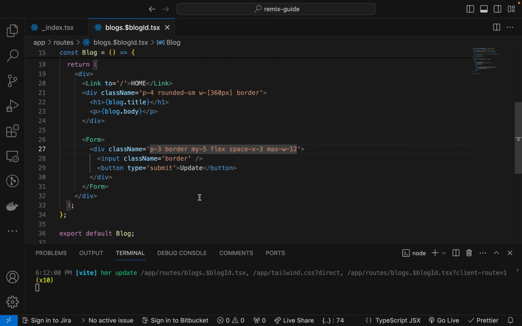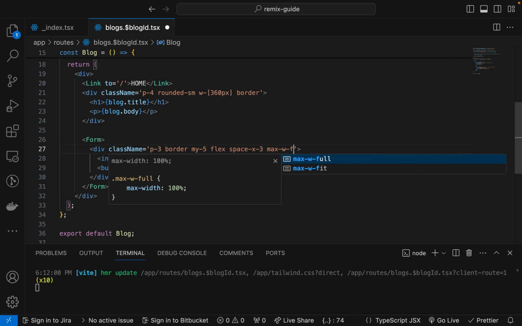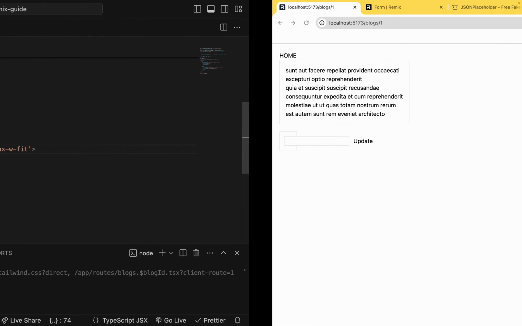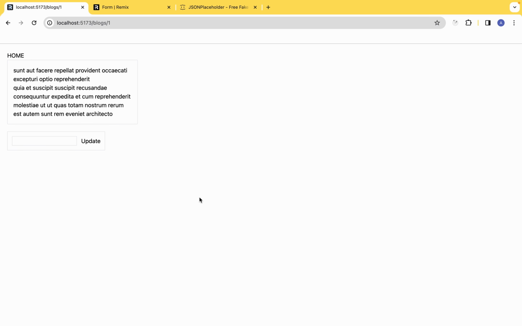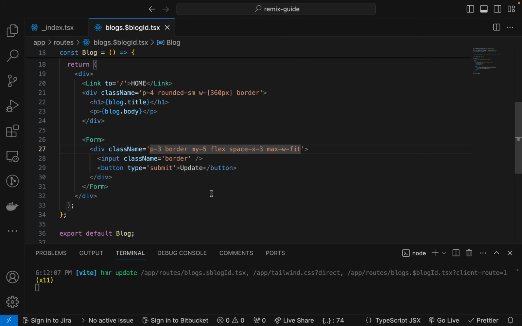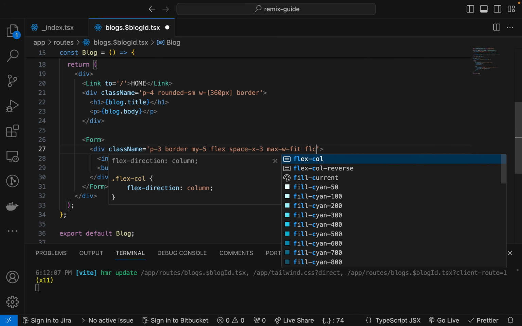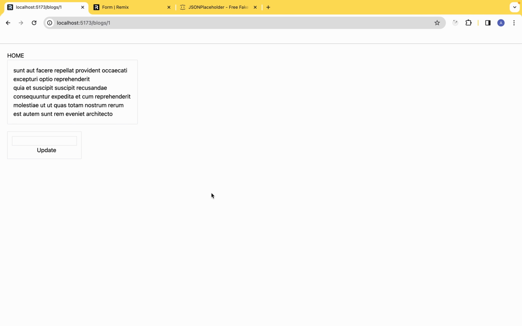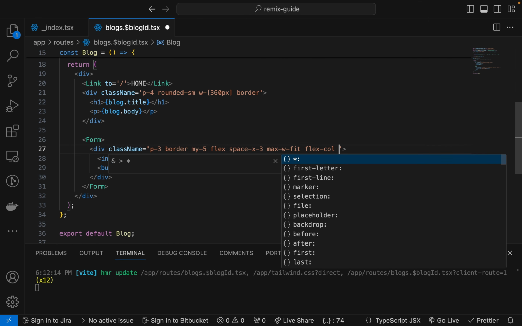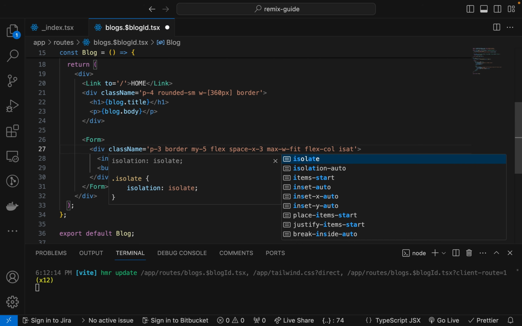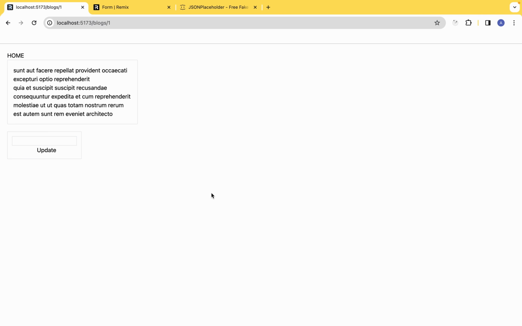too small. And let's say the max width of fit. Do we have it? Yep, let's see. And now it fits the content. And I'm just going to make this flex col so that we have them stacked on top of each other, and items start like this so that the button goes to the left. Cool. Now it's not pretty, but at least it's just going to work in our case